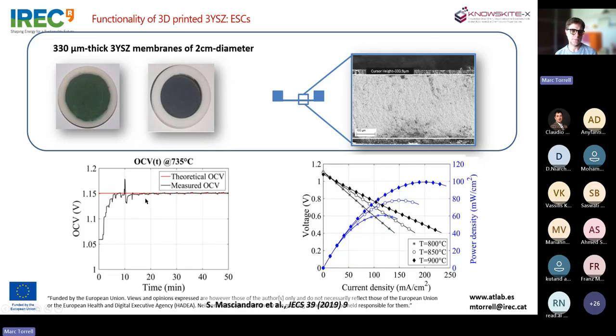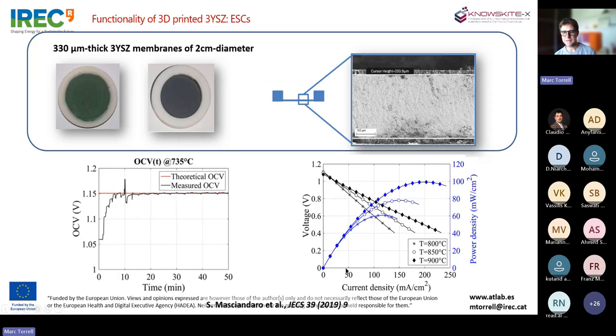And we can observe that we have the expected theoretical open circuit voltage without applying any current, just from the difference in potential of the different atmospheres. We have air on one side and pure hydrogen on the other, and we reach an acceptable open circuit voltage at the operation temperature. And then we had what is known as a full cell with the electrolyte and both electrodes, and we performed the IV curve.